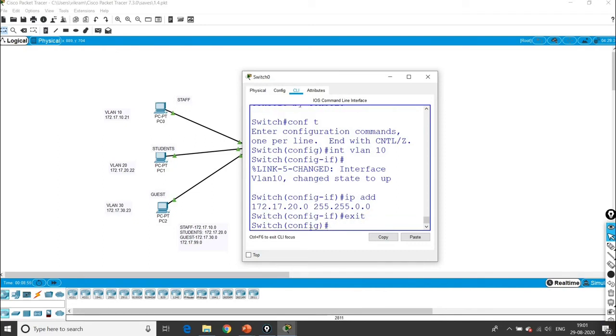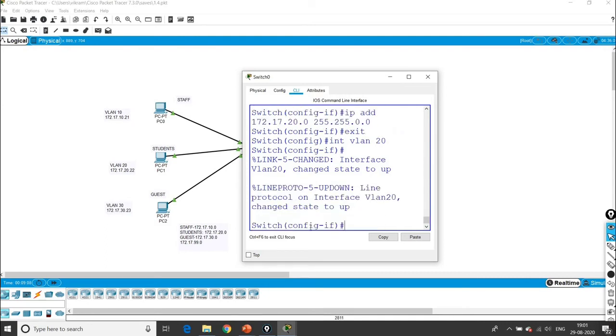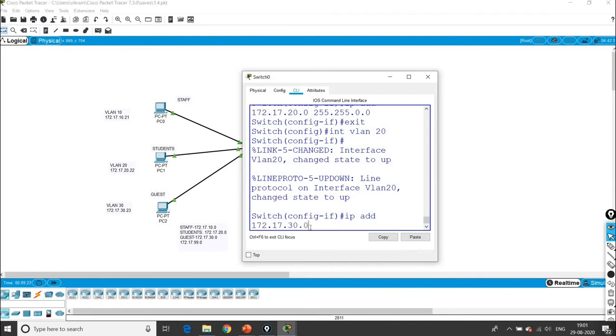Similarly for VLAN 20 also, interface VLAN 20, ip address. What is the IP address for the student? 172.17.20.0.